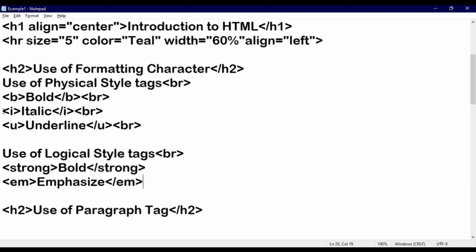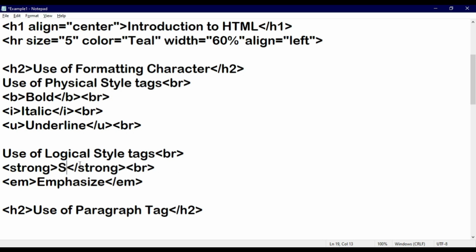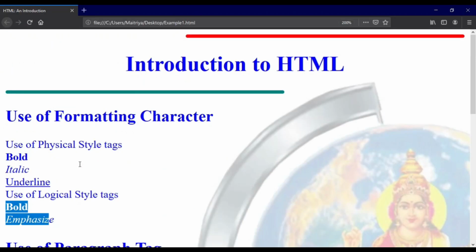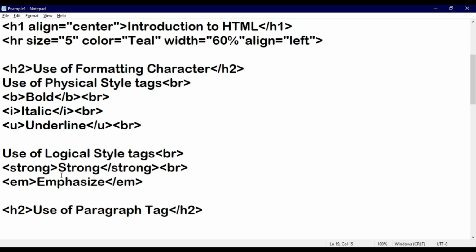Here we are using I tag and here we are using EM tag, and when we provide a break rule, the text will appear in a new line. So you can compare both, and the effect will remain the same, just a difference in the use of tag. Here I have written strong so that you can get the idea that here we are using a logical style tag in which strong tag is there, emphasize tag is there, and on the upper side in physical style, bold, italic and underline are there. So this is the particular use of logical style tag.